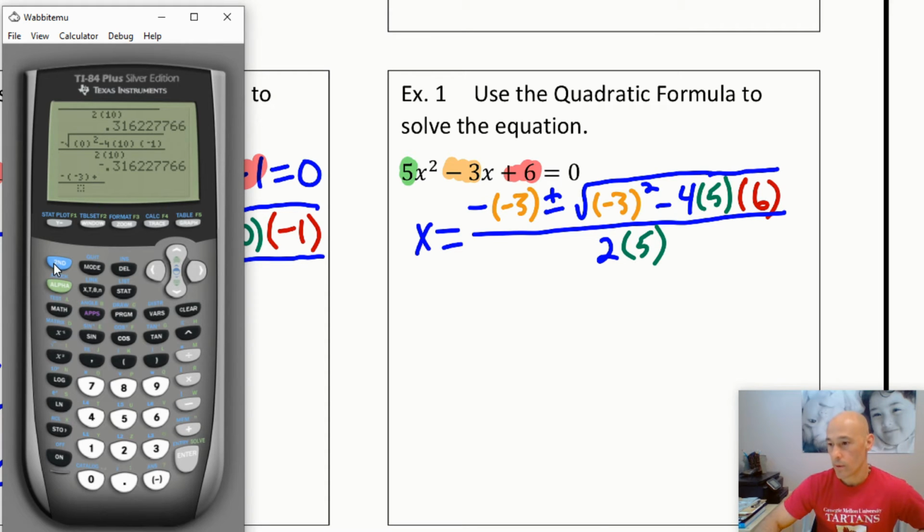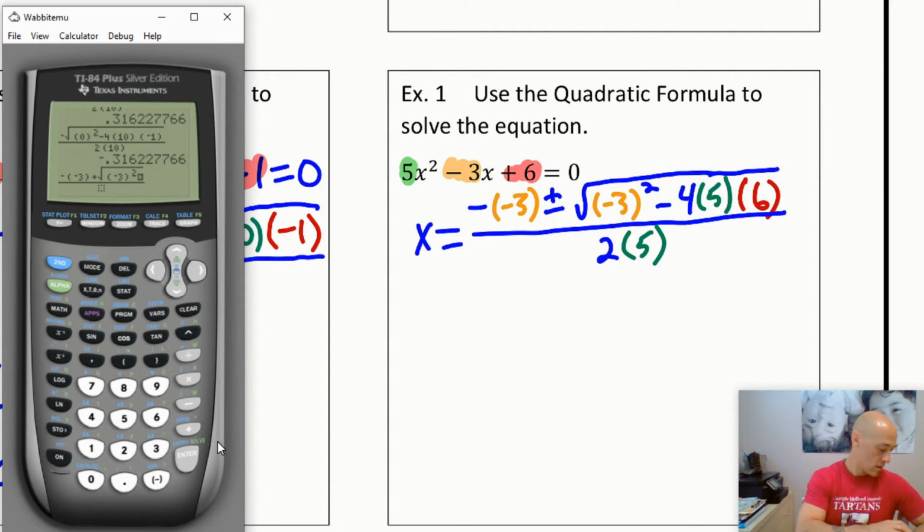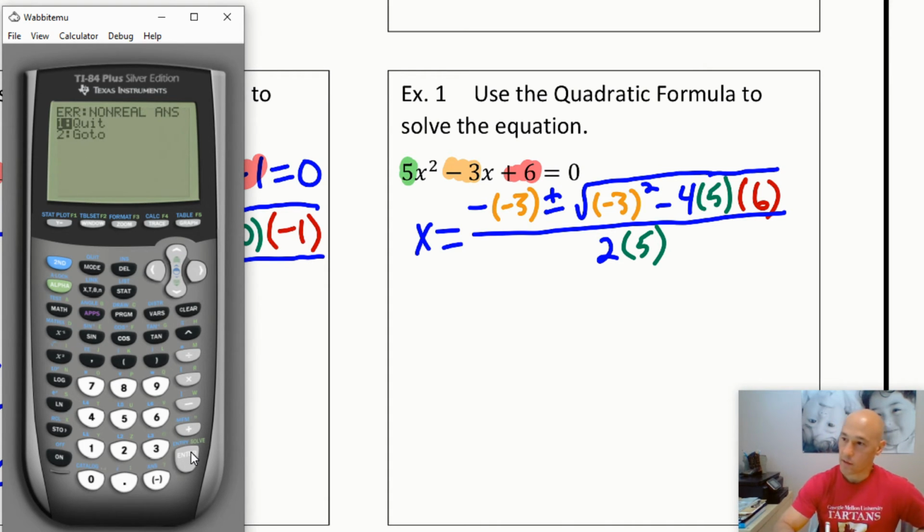Plus the square root of b squared, b is negative 3, squared, minus 4 times a is 5, times c is 6, all of that is over 2a, where a is 5. So that comes out to be,